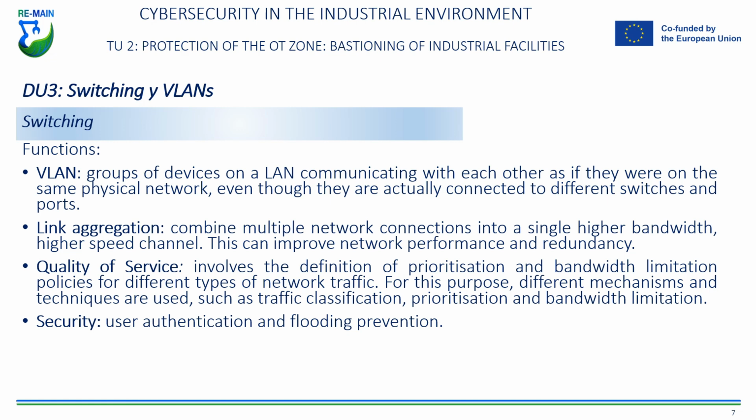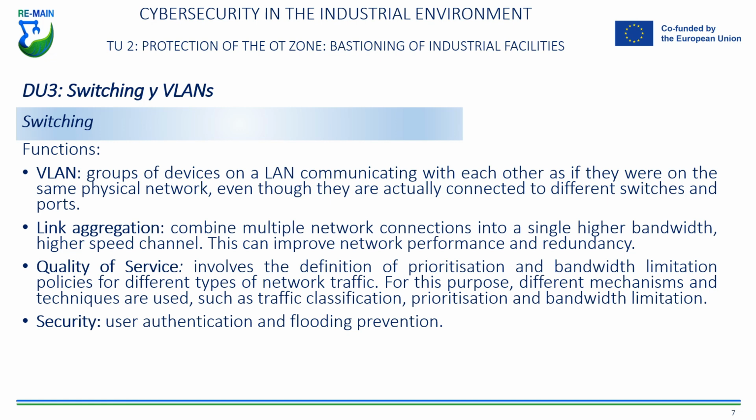It is important to note that link aggregation does not guarantee an increase in data transmission speed on a network, but rather allows for better utilization of available bandwidth and increased network reliability. Quality of service in industrial networks is essential to ensure the continuity of critical processes and the safety of workers